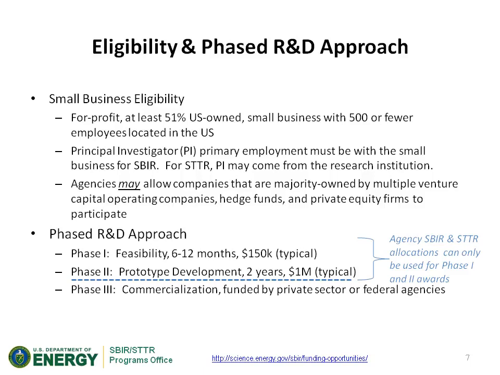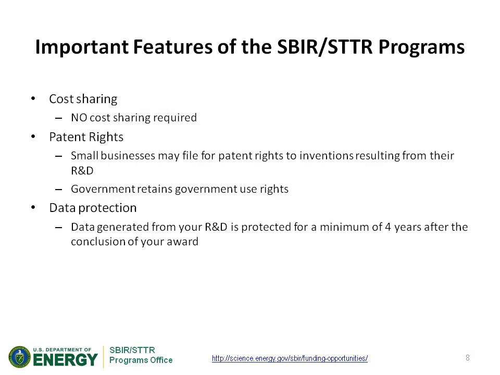Let me move on. One of the features that makes the SBIR and STTR programs very attractive to small businesses is that there is no cost sharing required for phase one and phase two awards. And again, depending on the agency, typically there may be, say, a 20% cost share, typically for R&D projects.